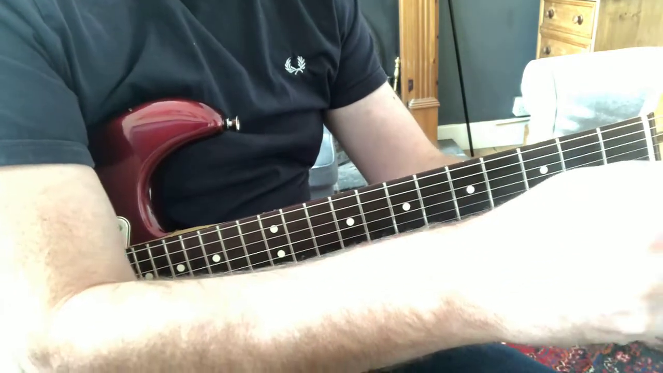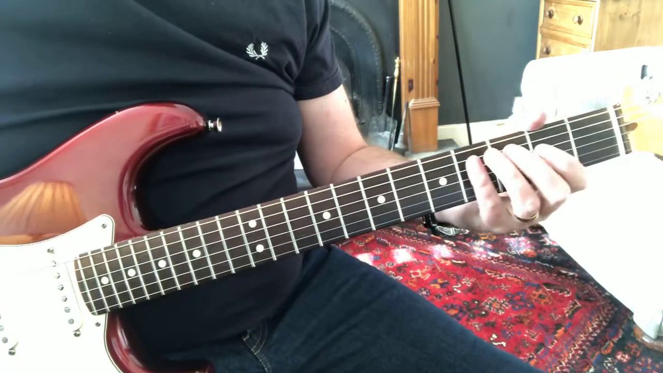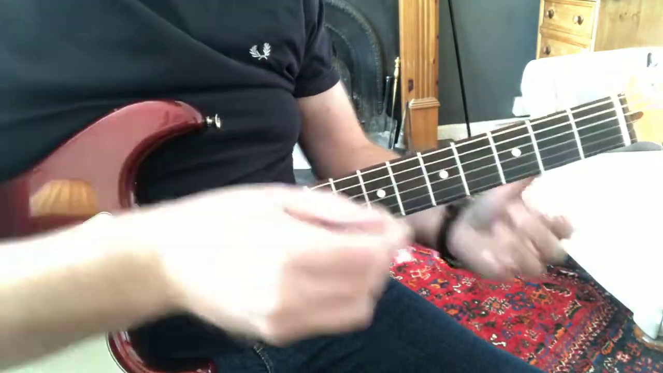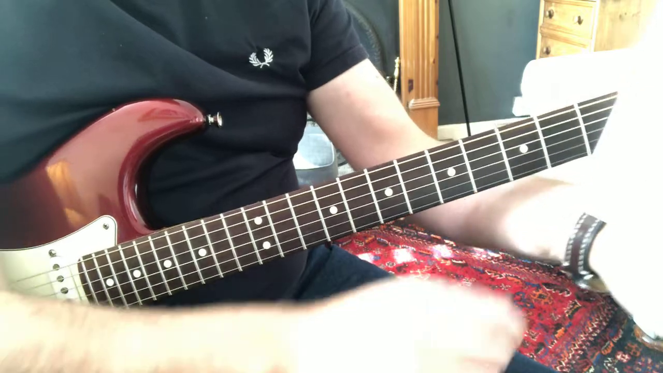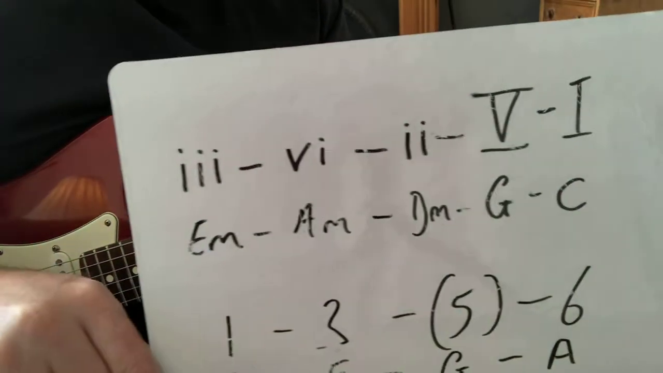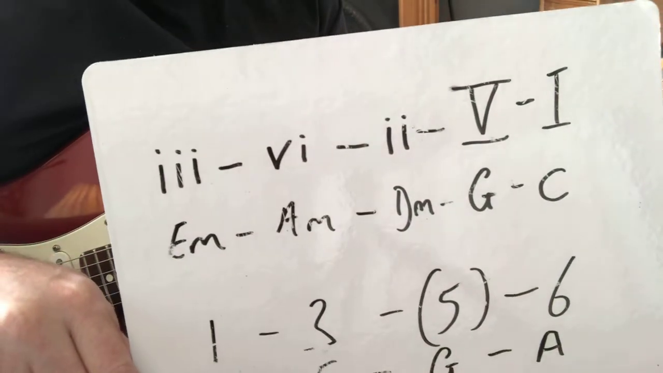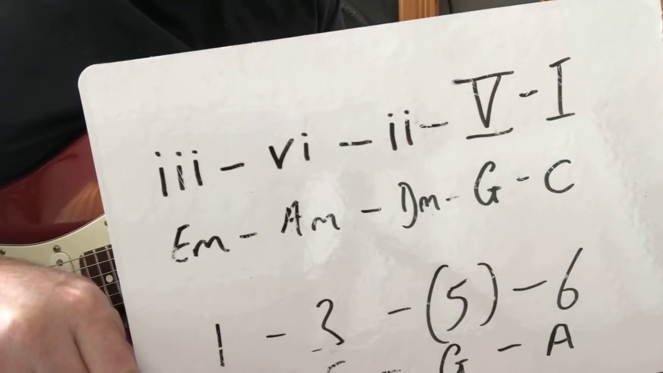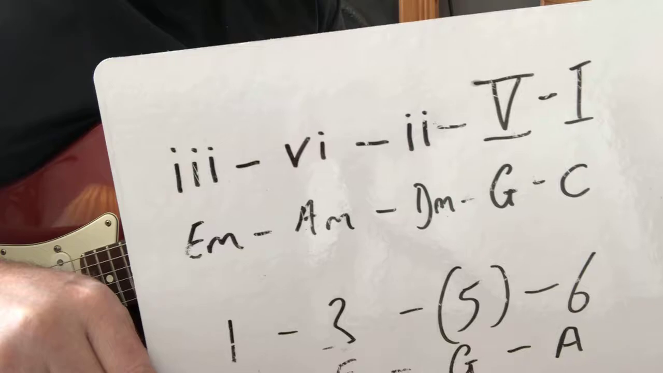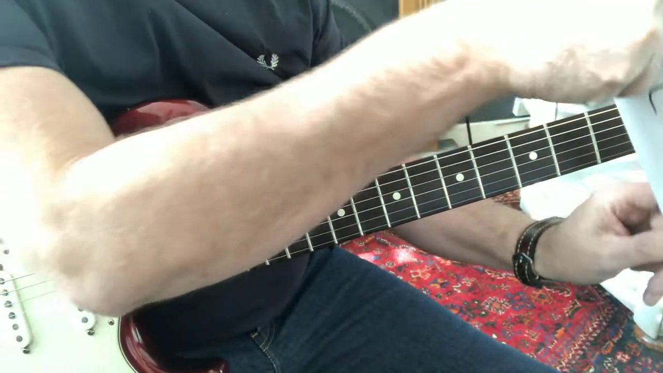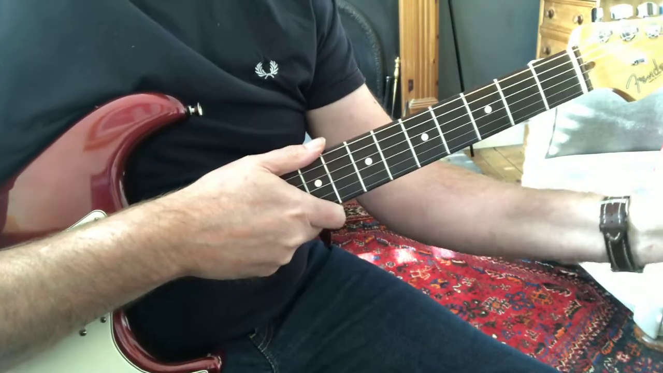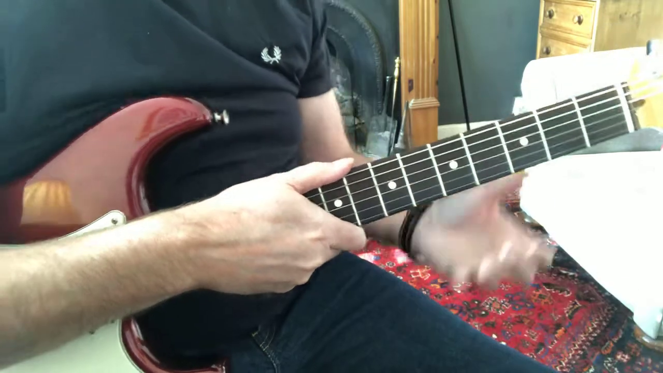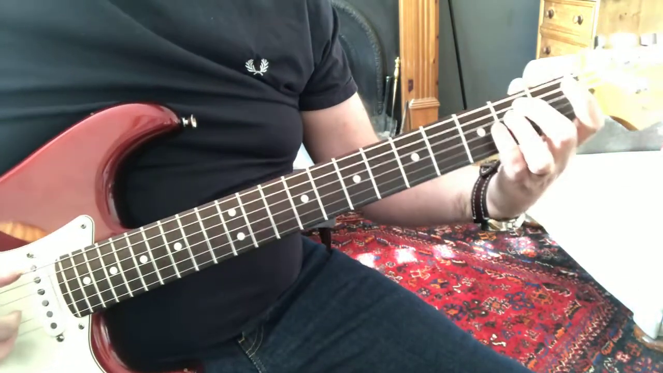Right, there we go. So, first thing to do is we're going to run a progression. We're going to do a 3-6-2-5-1 in C major. So that will be E minor, A minor, D minor, G and C. So E minor to start in open position,